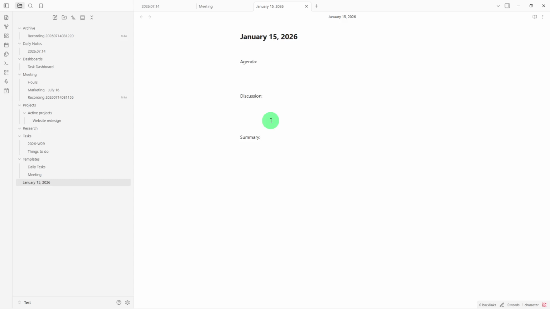The real magic happens when you create templates for other common note types. Close the current note and navigate back to your templates folder. Create a new note called Project Template and add sections like Overview, Objectives, Tasks, Resources, and Progress. Every new project note can then be created with this structure, ensuring you never forget to log milestones or track